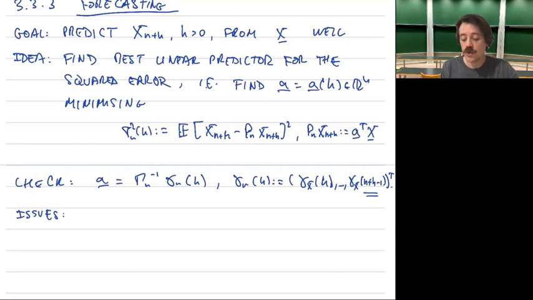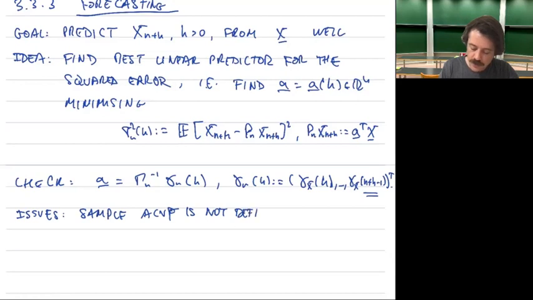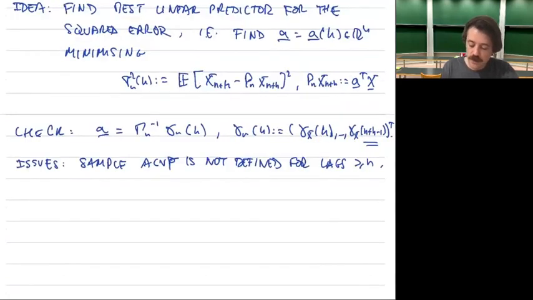And if you look at the sample autocovariance function, then you'll see that you cannot compute it. It's not defined for that. So the sample autocovariance function is not defined for lags that are larger than or equal to n. And then also really bad, because what we could do is to say, well, rather than taking